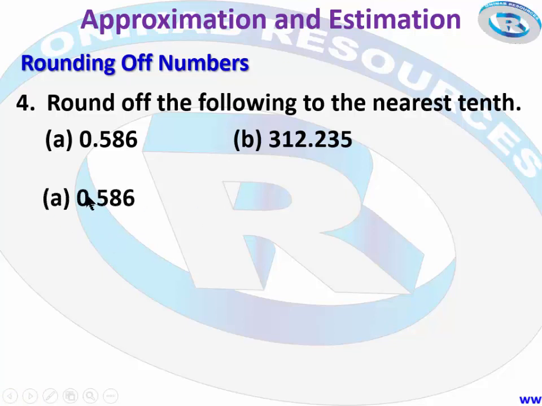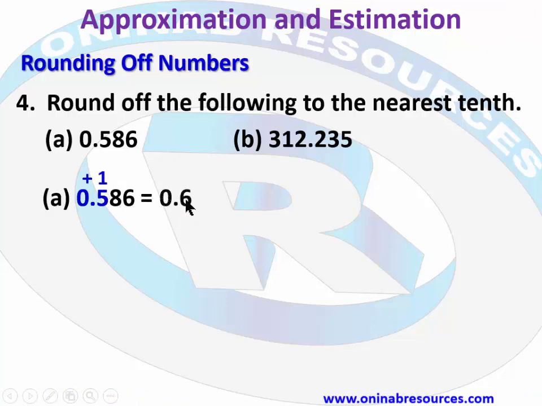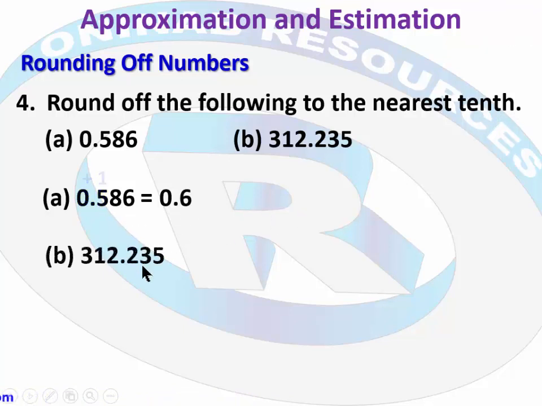So we go to A. To the nearest tenth, we are interested in 0.5, but we check the next digit. Since it is 8, we are rounding the 8 up by adding 1 to the 5, so that we now have it as 0.6, which is 1 decimal place or nearest tenth of 0.586. Then we go to B,